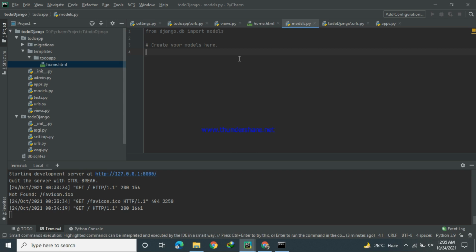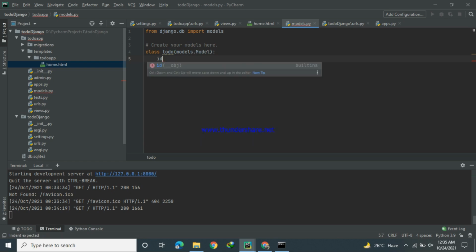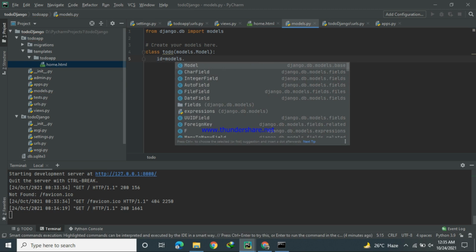So in the models.py file we write classes. I have a class named Todo, which is a model from models.Model. First of all here we have an ID field which is models.AutoField.